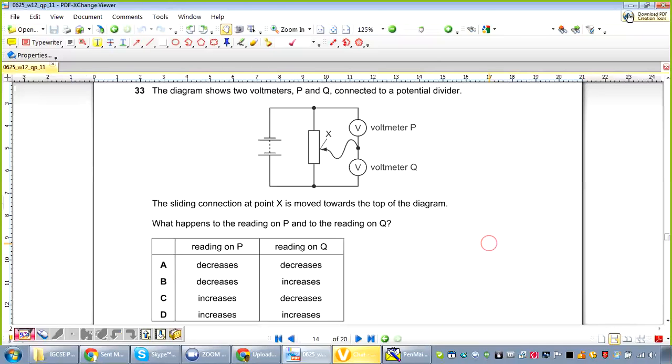I've recorded and sent you one video on potentiometer and potential divider. As per that part, from here it is getting divided. This ratio of length will give you the ratio of voltages. If I'm moving up,